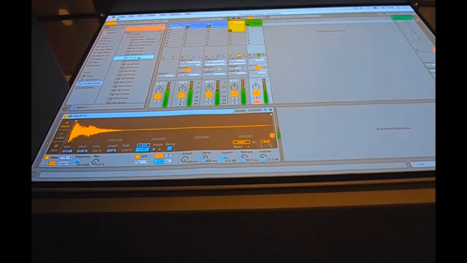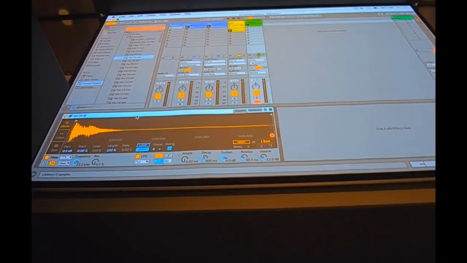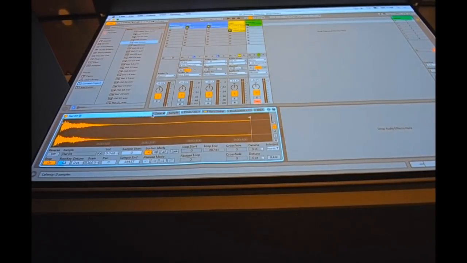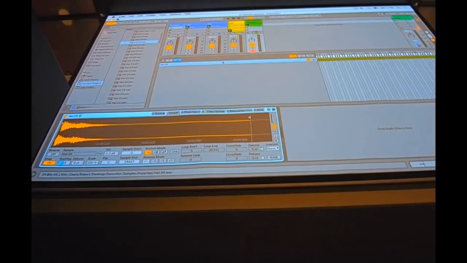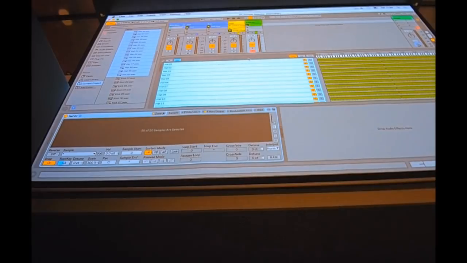But what I don't like is that I have to click now every time to go to the next sample. So what you can do, you can create from this sampler. If you go to the right mouse button, you can make a sampler out of it. And you can load in multiple samples in a bank. So in this case, I select all my 50 hi-hats, copy them in. And now when I play it, it will play all these 50 hi-hats at the same time.